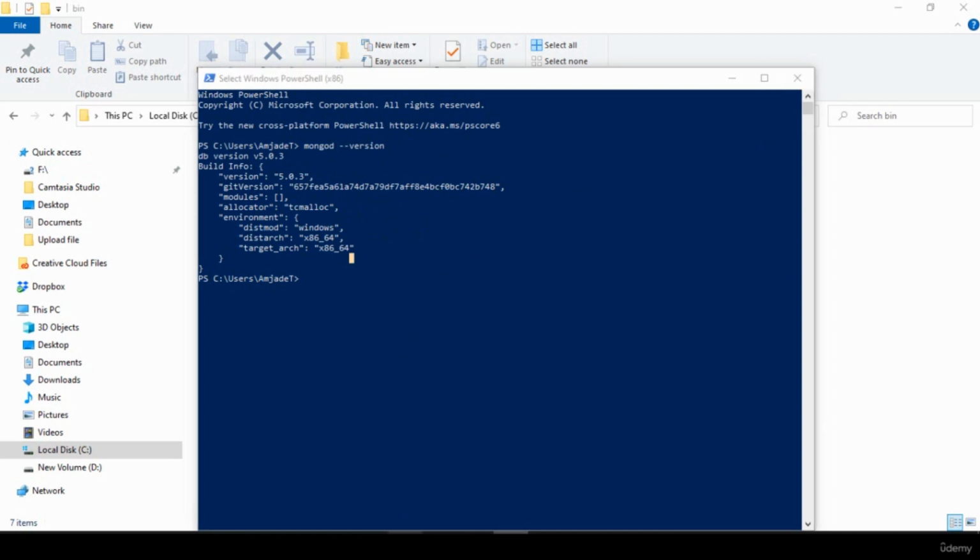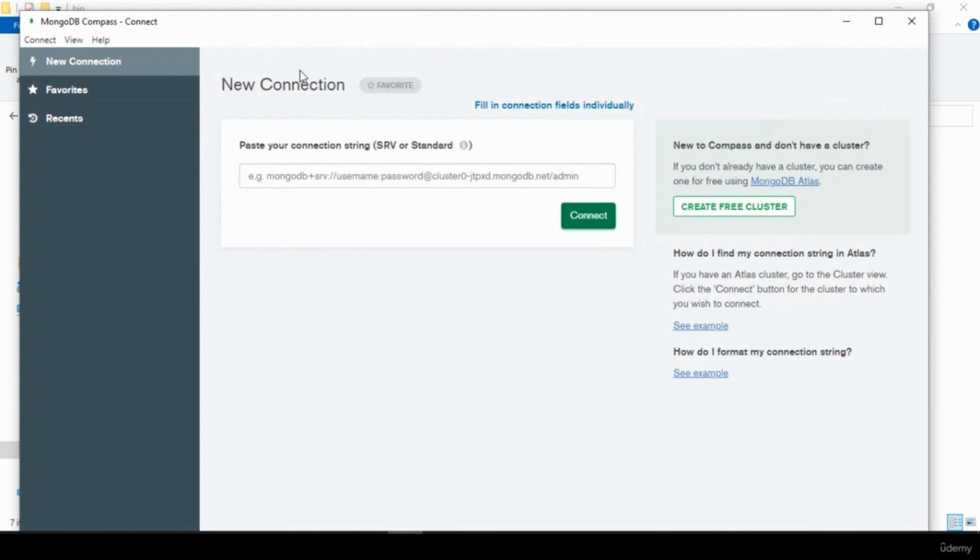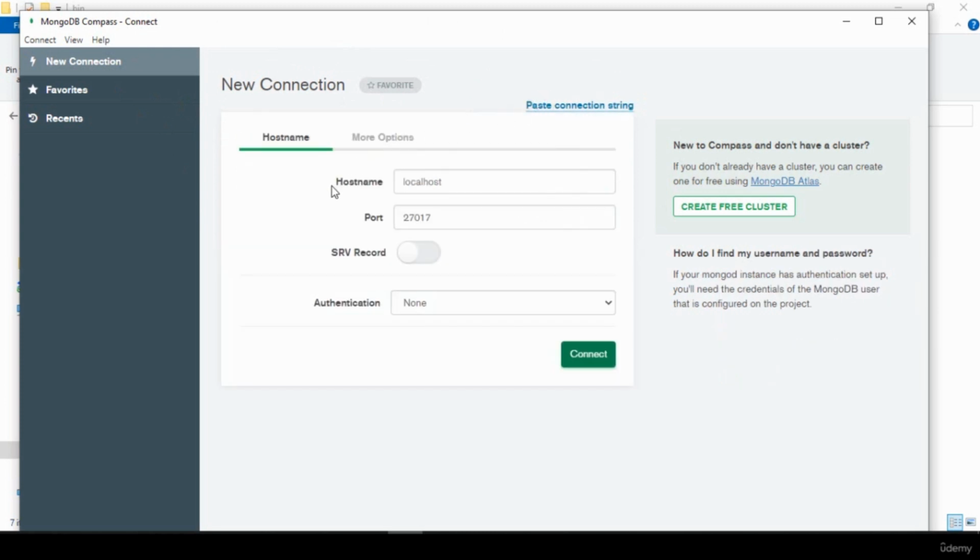Now I want to go to our Compass. When you install MongoDB on your desktop, it will create an icon. When you run this MongoDB software, first of all you will get this type of view. Right now there is an option to fill in the connection fields individually. Simply select it here, and by default it displays the host name as localhost, the port as 27017, and authentication as none. That should be the same on your PC too. And then after that you simply have to connect. If you click connect,